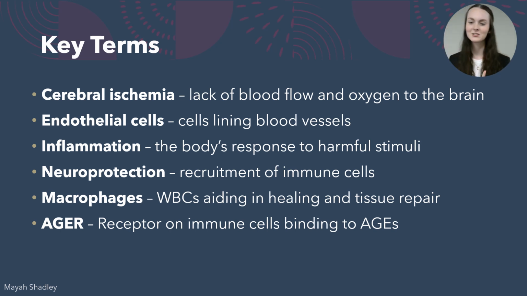I'm here to talk about key terms. We've already gone over some of them. I just want to talk about them a little more in depth, especially relating specifically to our study. So, as Ember talked about earlier in the background, cerebral ischemia is talking about restricted blood flow and decreased oxygen to parts of the brain that lead to cell injury and death. And so common in ischemic stroke, which is what we're looking at, is due to blockage in brain arteries. And later I'll talk about how the mice